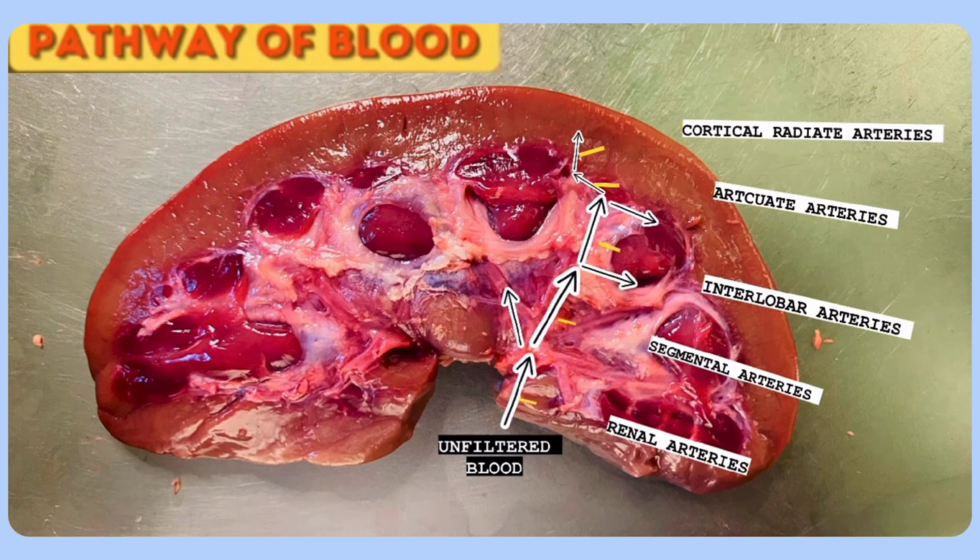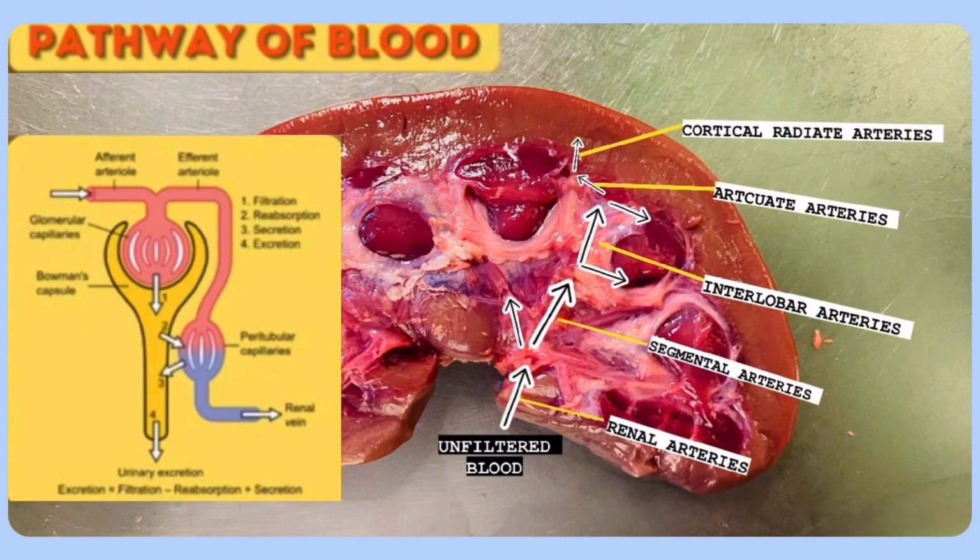These blood vessels serve multiple nephrons where filtration of the blood occurs, specifically in the glomerulus. Blood is supplied to the glomerulus by the afferent arterioles. Once the blood is filtered, the efferent arteriole then diverges into the peritubular capillaries, which supply blood to the proximal and distal convoluted tubules and the collecting duct, and into the vasa recta,